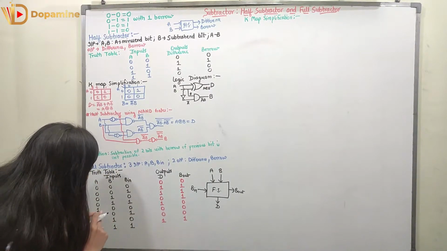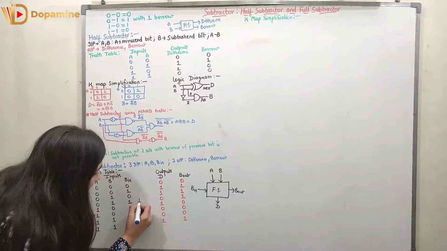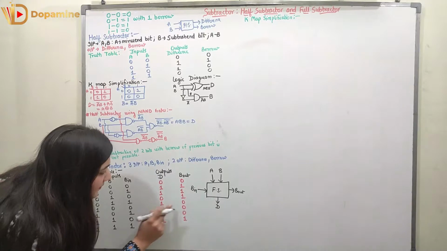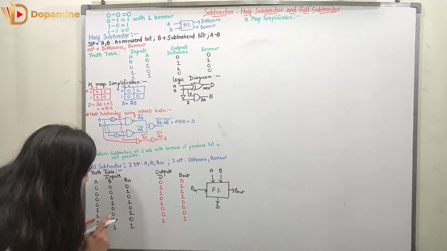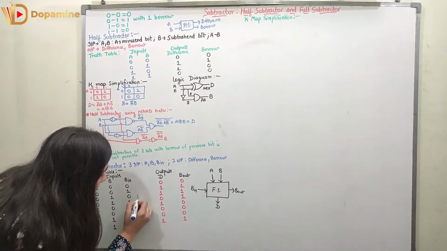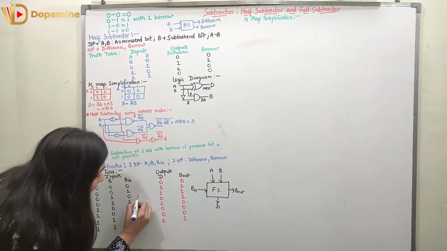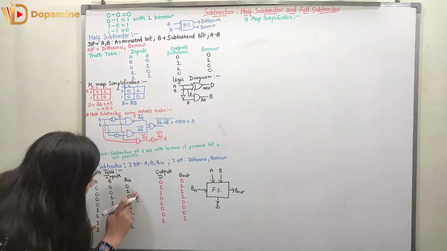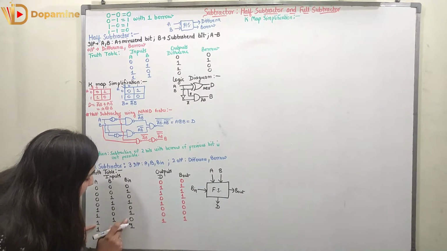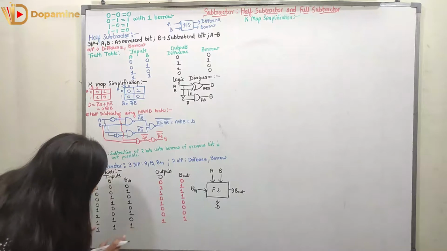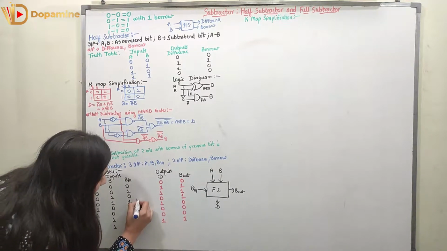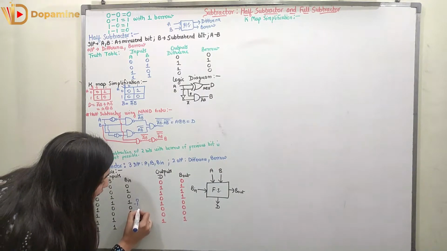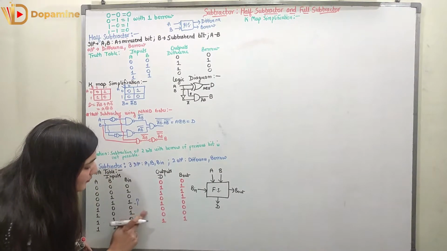In this case 1 minus 0 is 1 and the previous borrow was 0, so 1 minus 0 is 1 only. So difference 1 and the borrow is 0. Then 1 minus 0 again is 1, and here the previous borrow was 1, which is subtracted, so the difference becomes 0, borrow becomes 0. 1 minus 1 is 0, and the previous borrow was 0, so here both are 0. Now 1 minus 1 is 0, and here the previous borrow was 1, which is subtracted, so over here I will get both difference and borrow as 1.